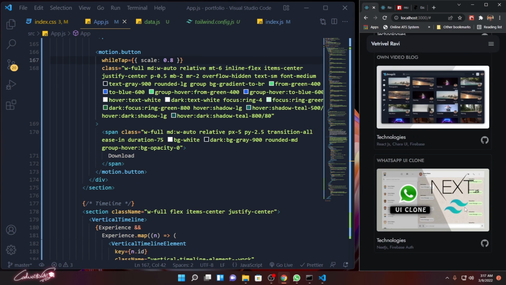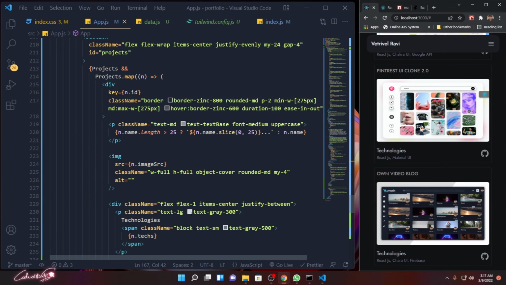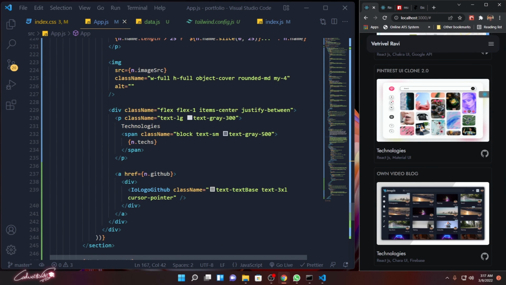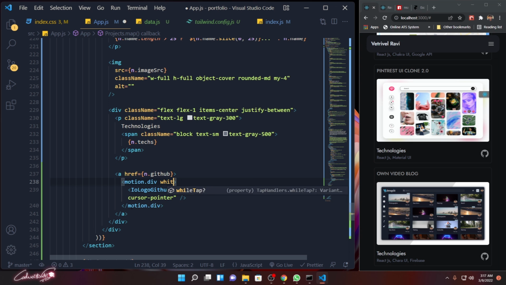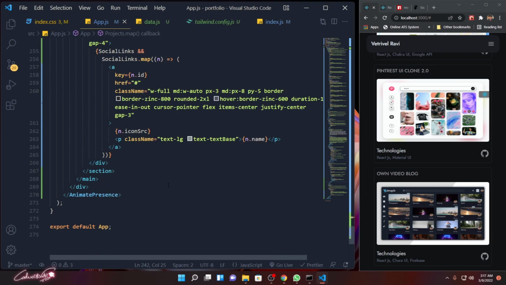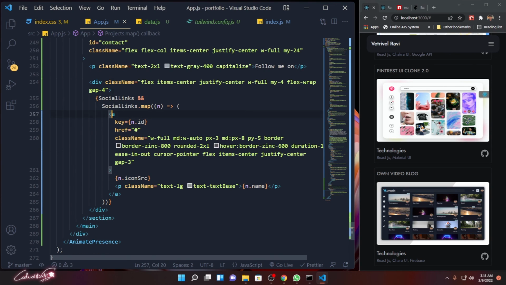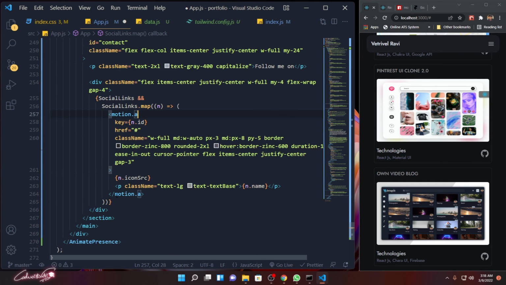So currently there is no link. That's why it's taking us to the top of the page. Okay, so let me go to the GitHub over here. So I'll wrap this div into motion.div, and here I need to say while tap scale to 0.8, and we will do the same thing for our social link also. Over this, wrap this to motion.a while